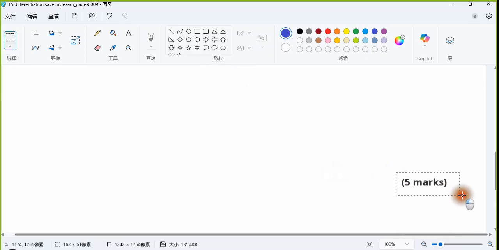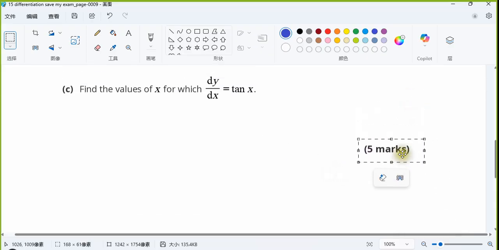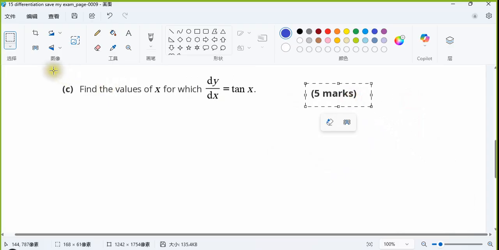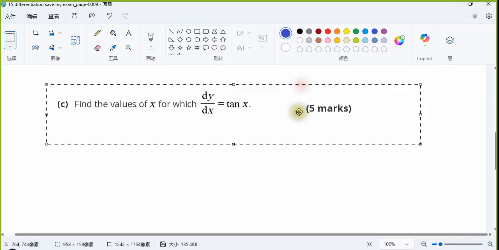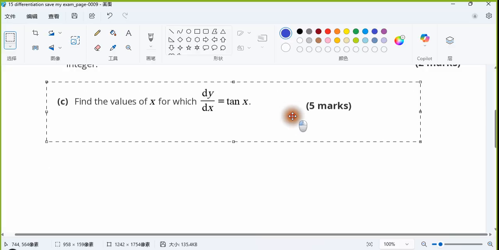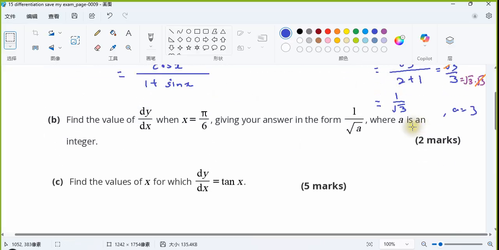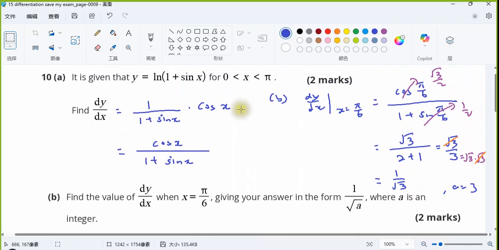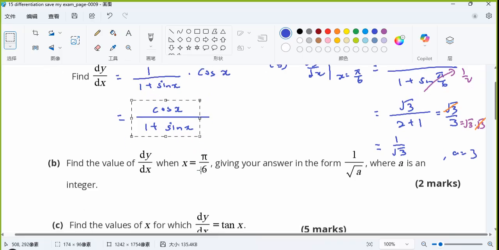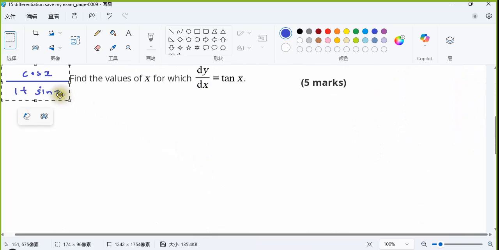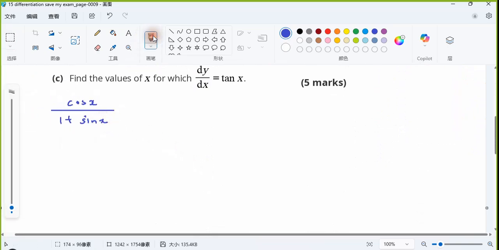C, find the value of x for which dy/dx equals tan x. So dy/dx equals tan x. So this one will be this, equal to